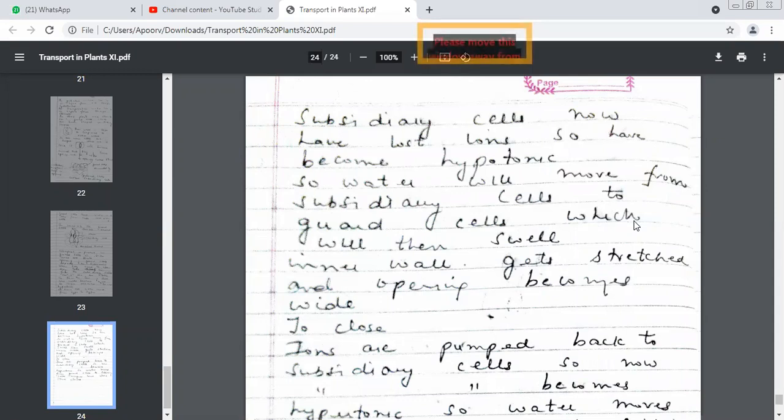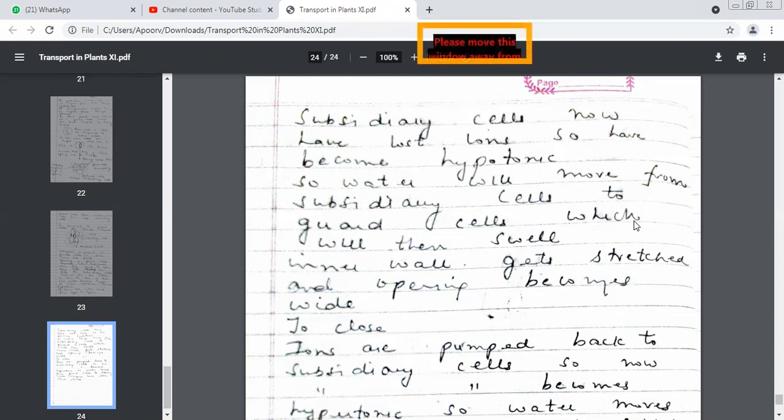And we also have minute threads of cellulose, which give a bit of flexibility to them. What are those called? Cellulose microfibrils. Very good. Please keep in mind that they have subsidiary cells and we've got cellulosic microfibrils. Subsidiary cells contain a lot of sodium and potassium ions. Very good.